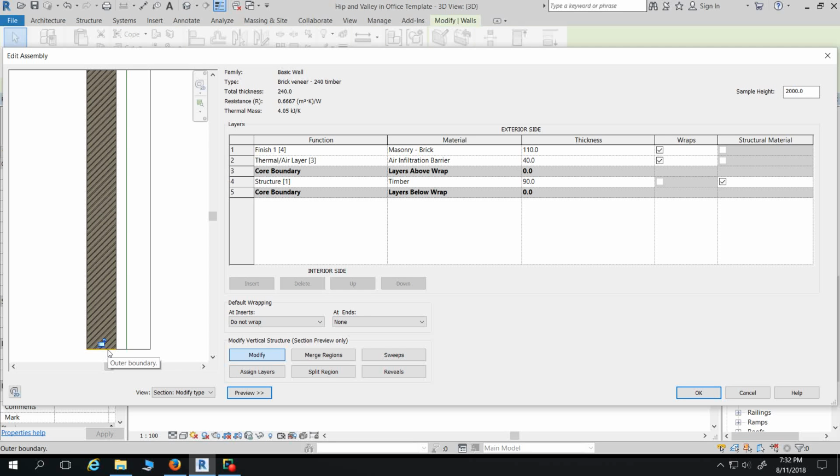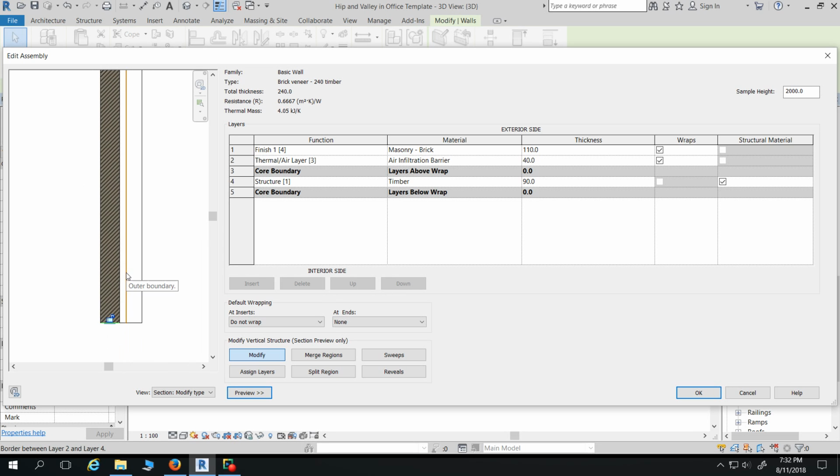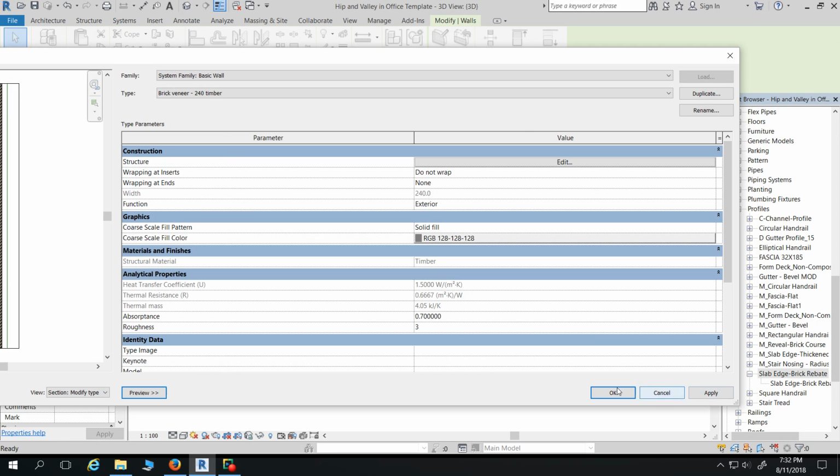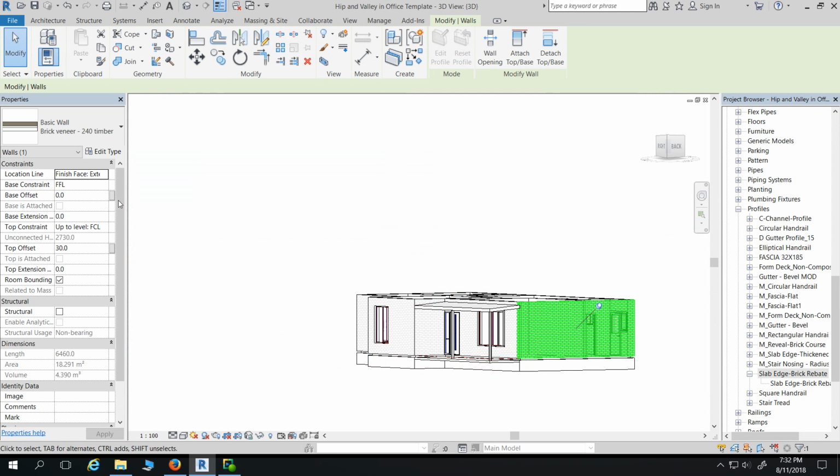So there, if I click on that, it'll unlock that from the other parameter. So I normally come in here and just do both of them. Obviously, you'd have this set up in a template sort of thing. So you can click OK. If you click OK now and OK again, you'll notice in your properties for this wall type, base constraint is set to your finished floor level, base offset is set at 0, base extension distance is one